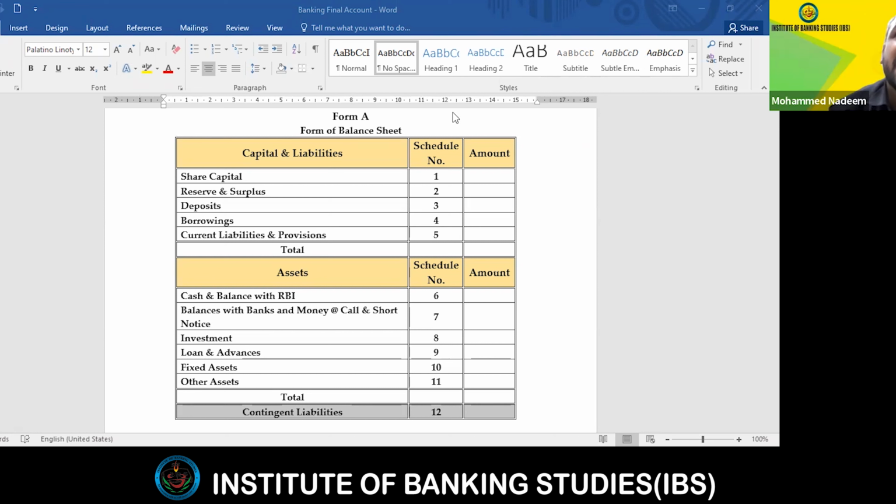Money at call, I can't say as a bank overdraft. I don't know how this will happen or not. I don't know in your company, in your bank, respective banks. I'll give you one example. Money at call and short notice is nothing but when a banker has got excess surplus in the liquid